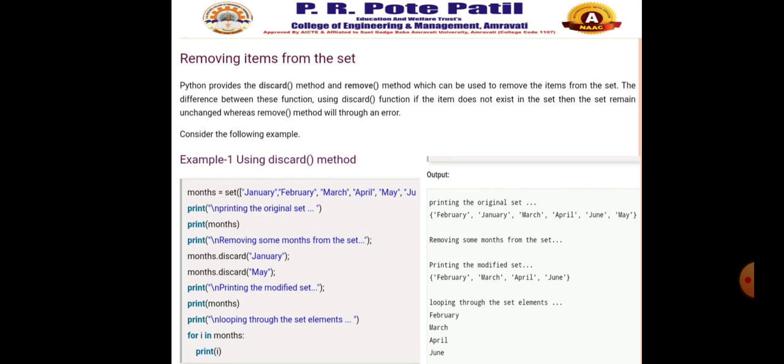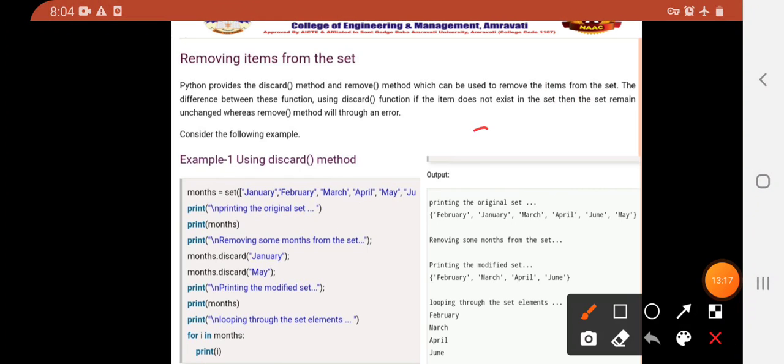So here again two functions will be there. One is discard and the second one is remove. Let us see the difference. Using the discard function, if the item does not exist in the set, then the set remains unchanged, whereas the remove method will throw an error.